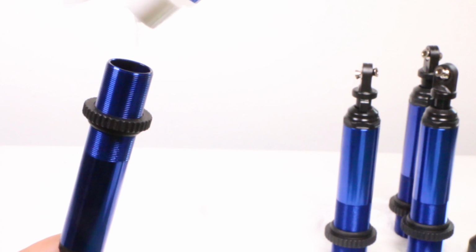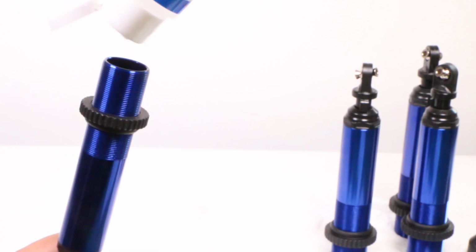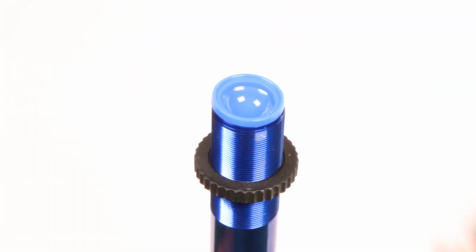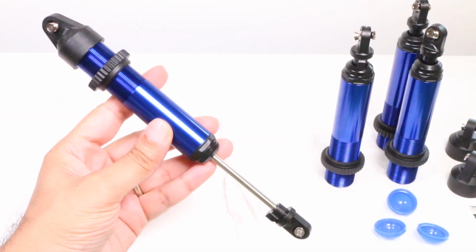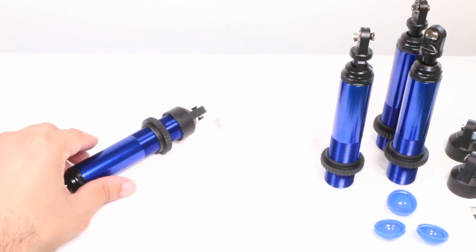After a final movement and once sure all trapped air has been released, proceed to fill the remainder of the shock to the top, leaving a few millimeter gap for the membrane in the top cap to fit into. When tightening the shock cap, a tiny hole in the cap expels any excess oil as it's tightened into place. And that's it, the shock has now been prepared, and the same process can be replicated across each of the